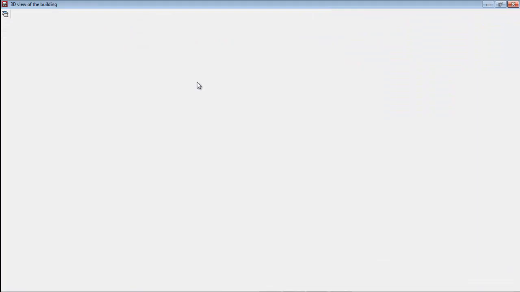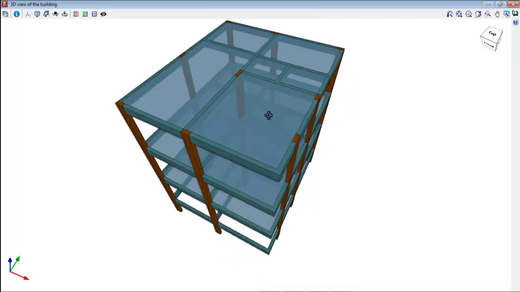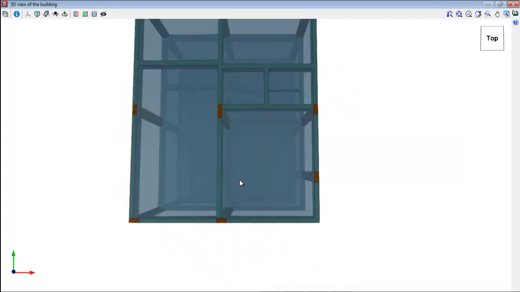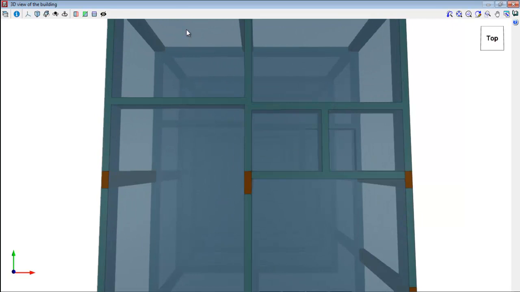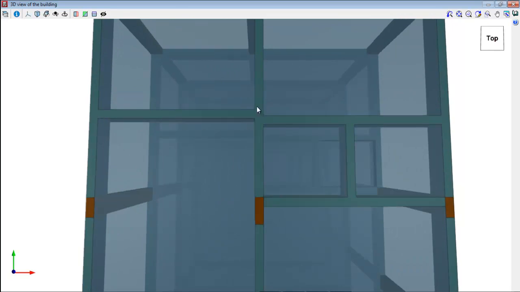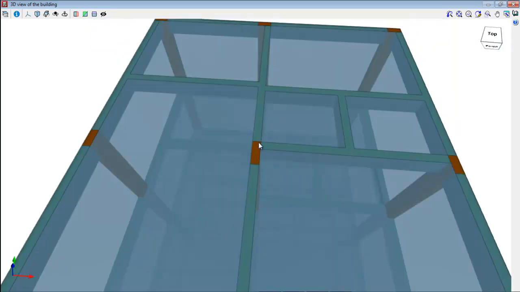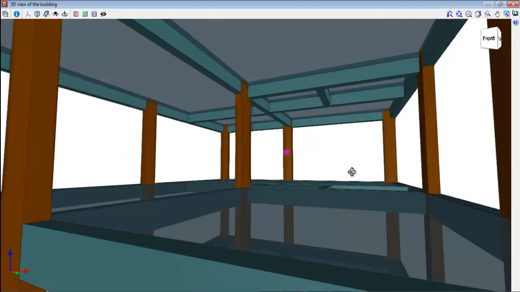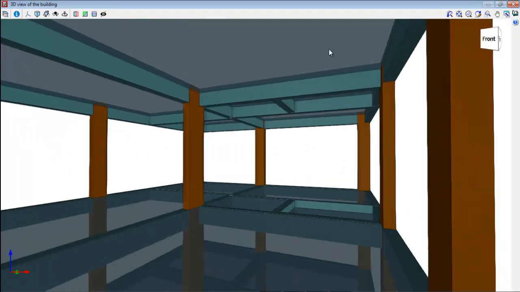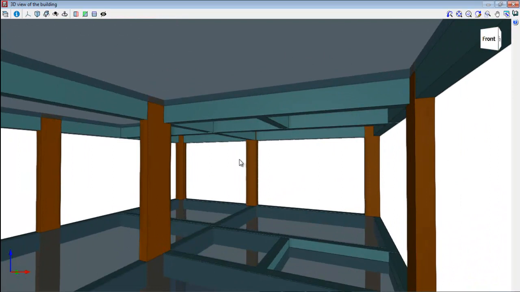For example, any type of beam, you can see here, this is the beam. When you look at the beam, see, this is the beam resting on another beam. So this is simply supported, this is simply supported, and this one you can see is resting on the column. Okay, if you look from the bottom here, you can see there is a beam resting on column and column. So this is a fixed beam.